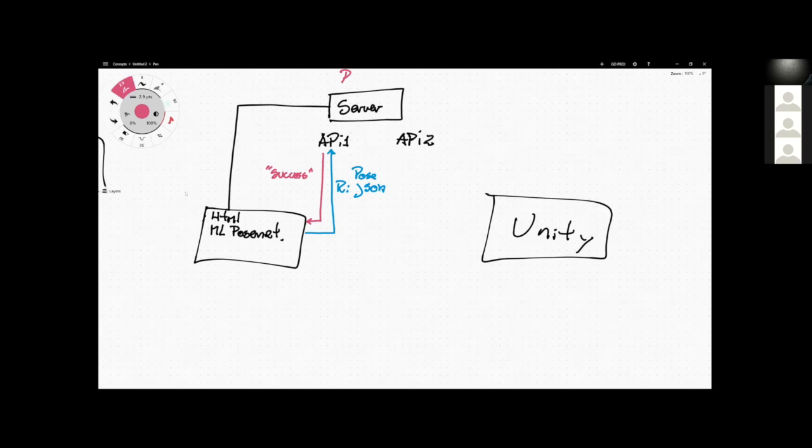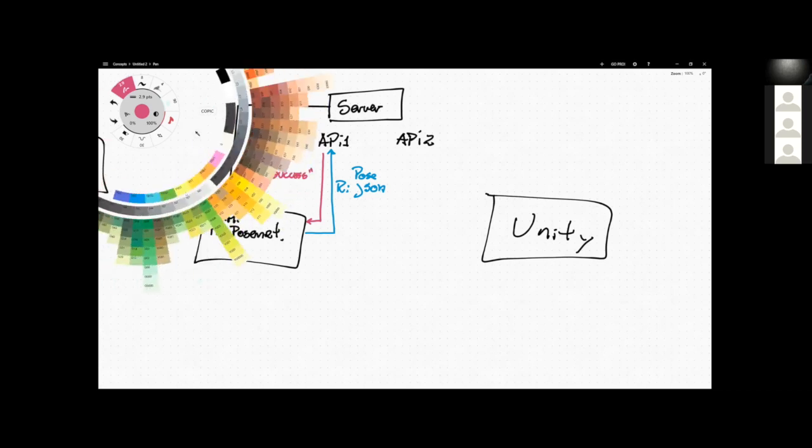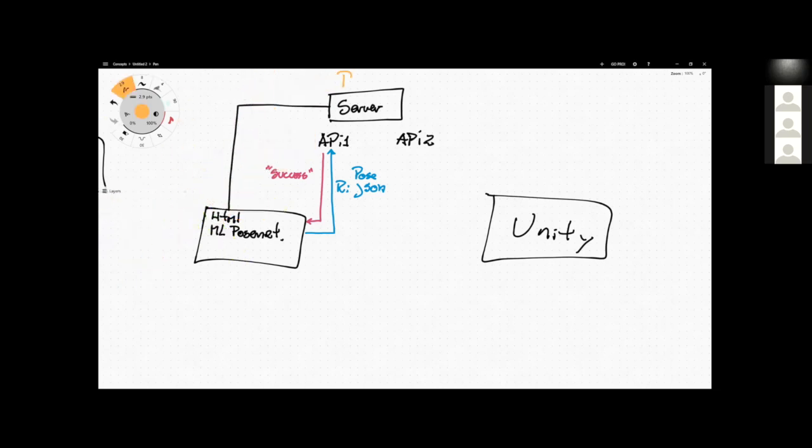Let me do it with actually a different color, so it's more organized. Let's do it with this color here. So all the post information, all the posts are stored in this variable, right? So that JSON will be stored in that variable there. And then from the Unity side,